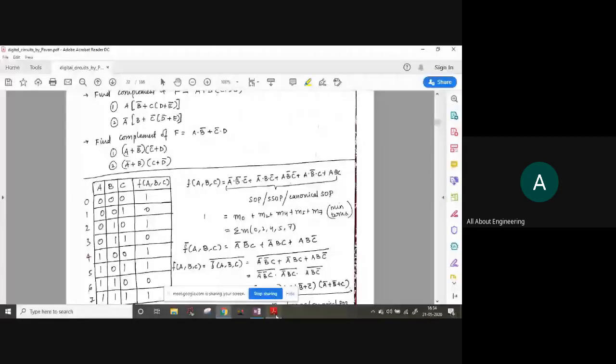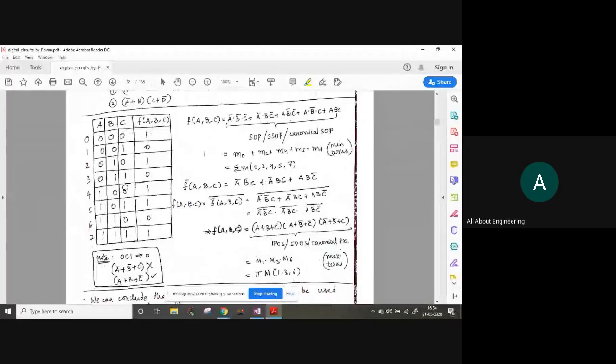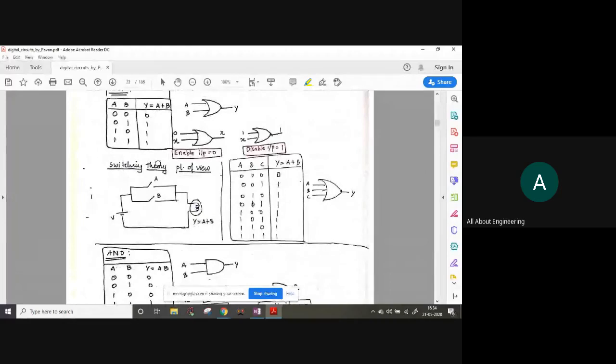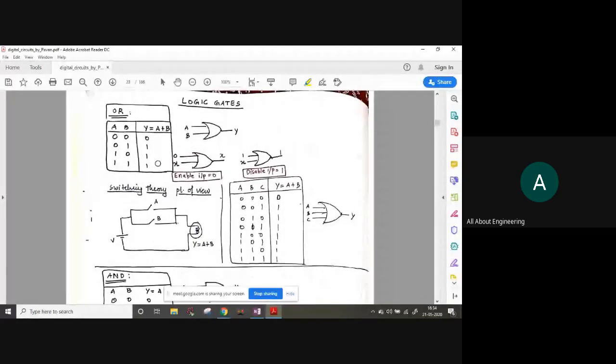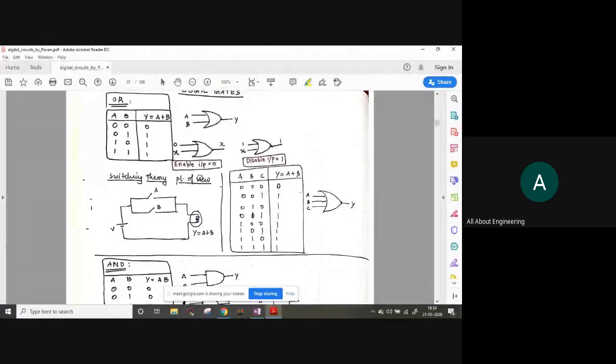Now with respect to this, I think I have taken the same example or a different one, I don't know, but let me move to the next thing. Okay, now we are moving into the next spiciest topic, that is logic gates. You are all familiar with this topic of logic gates, right? So let me go fast without much briefing, but it will be quite interesting.